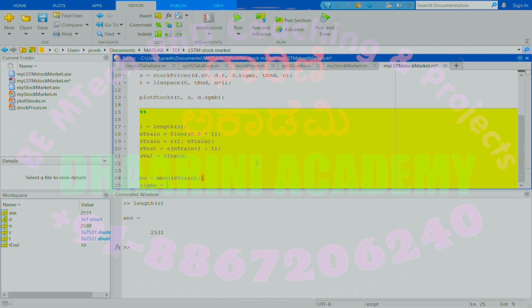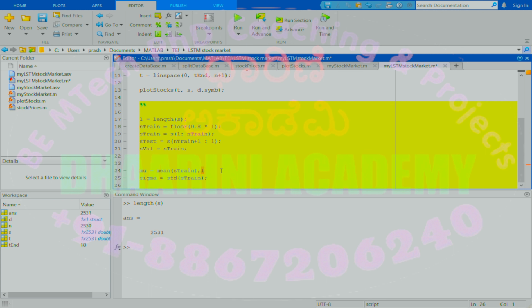Sigma is equal to STD, standard deviation, of the same thing. So mu is calculated, sigma is calculated. Now I'm going to call it a normalized value, S train